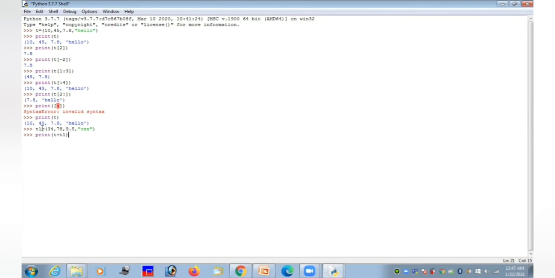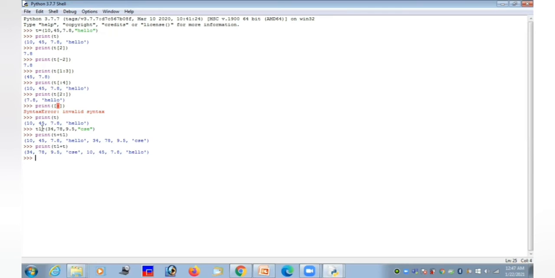It will add the two tuples, which means it will display the first tuple values followed by the T1 tuple values. And also we can give T1 plus T. It will give the tuple T1 values followed by the tuple T values, right?